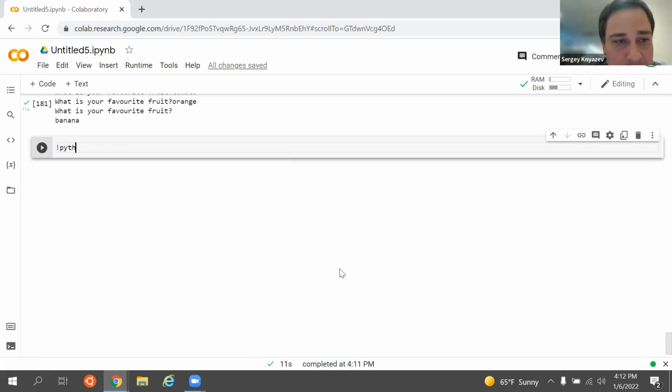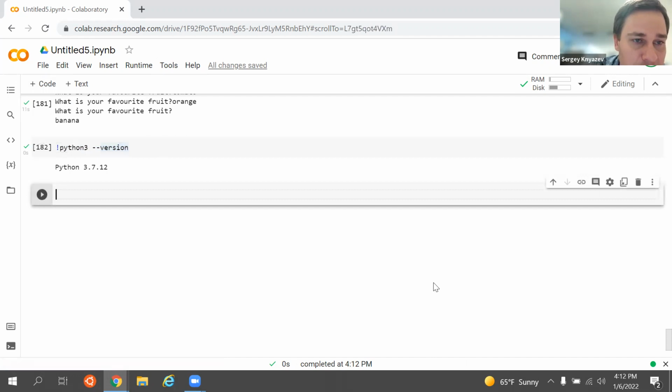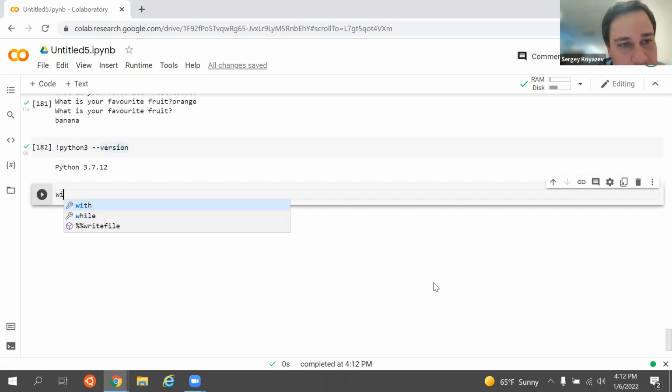And I can run Python from here, basically, by using my magic command. Now you see, I just called Python, and that actually means that I can run some scripts out of here. So let's create some script